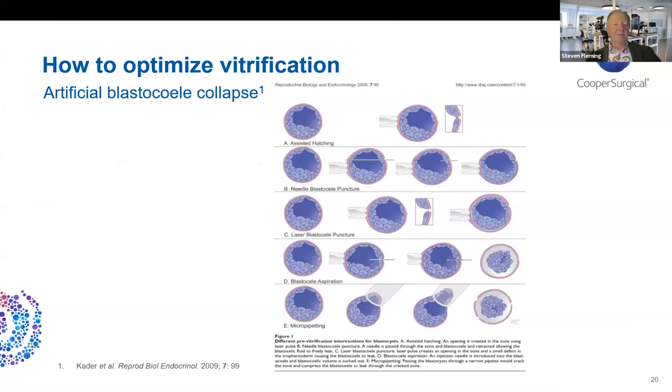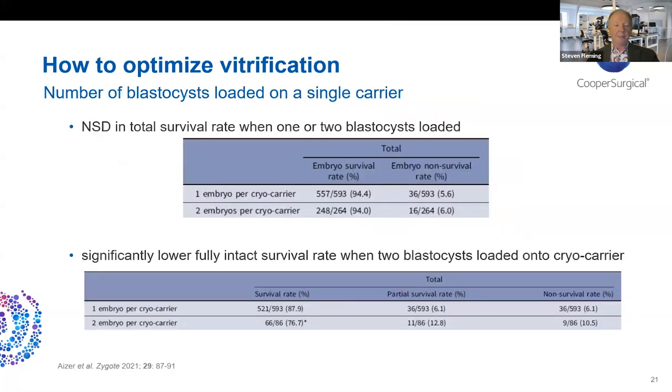So you can see from this study there are various methods to collapse the blastocoele and to remove the fluid from the blastocoele cavity, so that when you come to equilibrate the blastocyst, you can do so in a much shorter period of time, because you're not having to allow for the permeating cryoprotectants to diffuse across a fluid-filled cavity. Generally, laser collapse of the blastocoele is considered the safest and quickest method. The other thing to bear in mind is